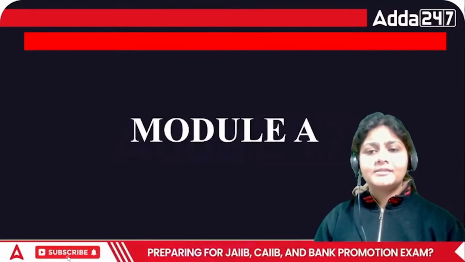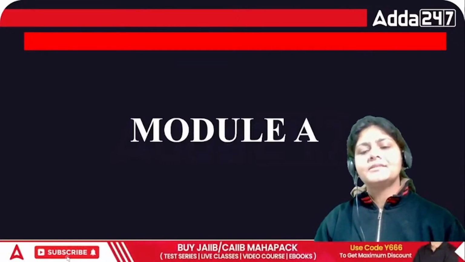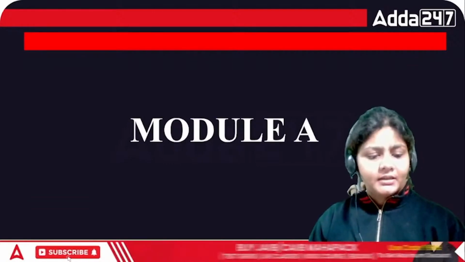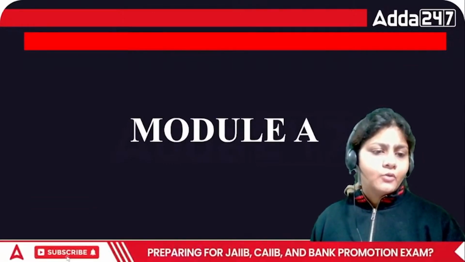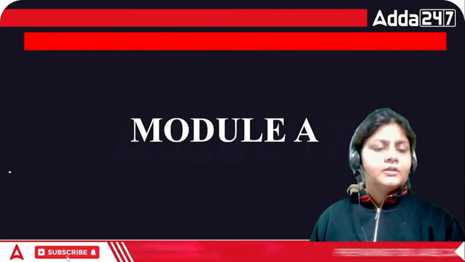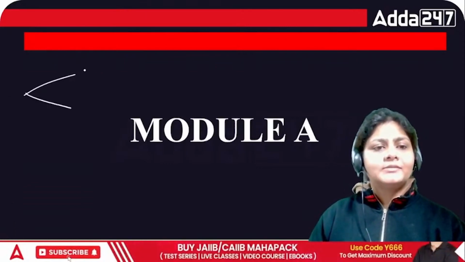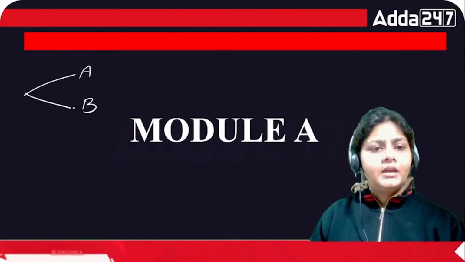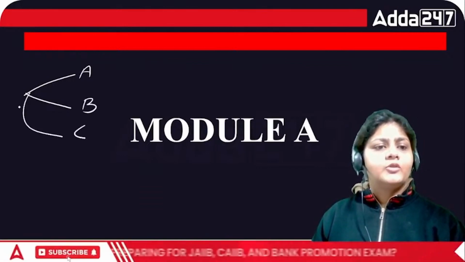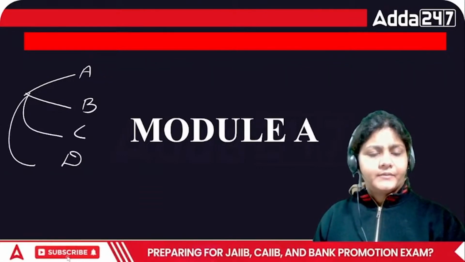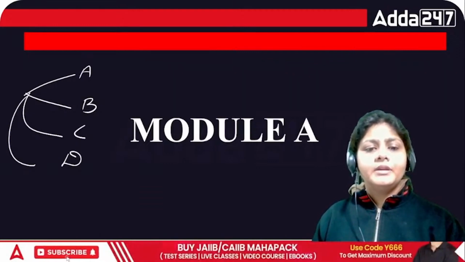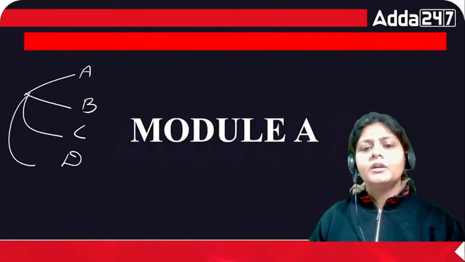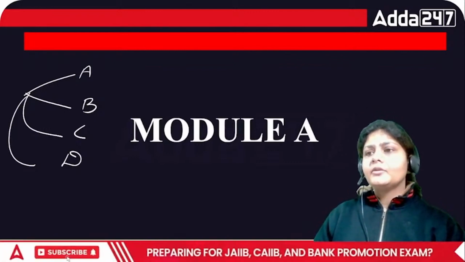So this is your first class of the Macmillan series of PPB, right? As you know, in PPB you have a total of 4 modules, that is module A, B, then we have module C and D, right? Today I am going to